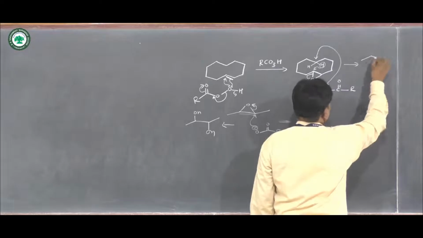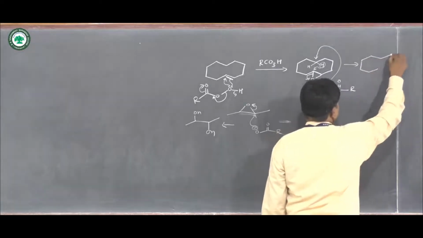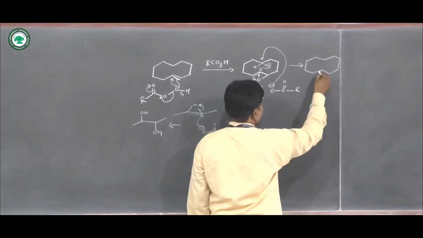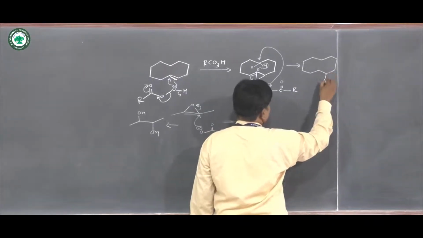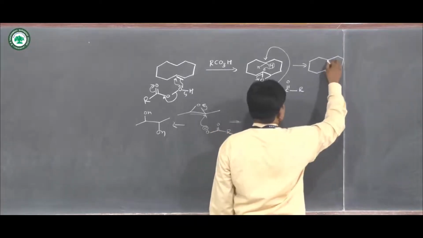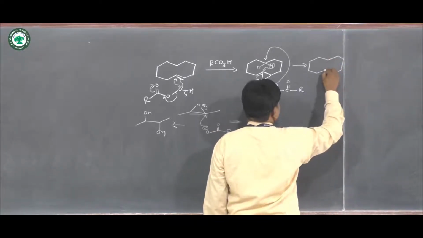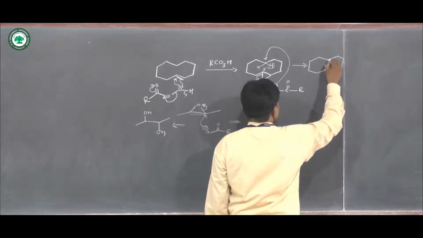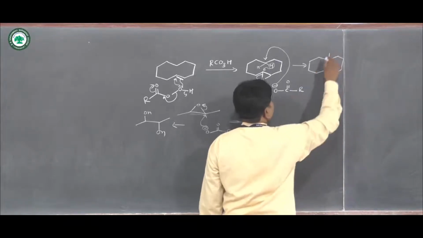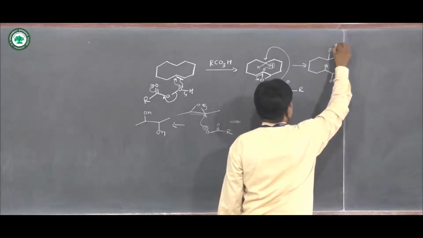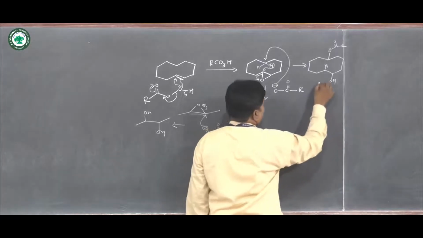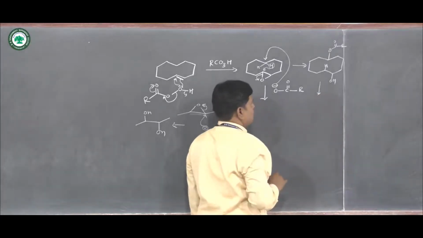Suppose we have a product which is not the desired one: a hydroxyl group here and the acetate ion, with the transferred or shifted hydrogen written here. After hydrolysis